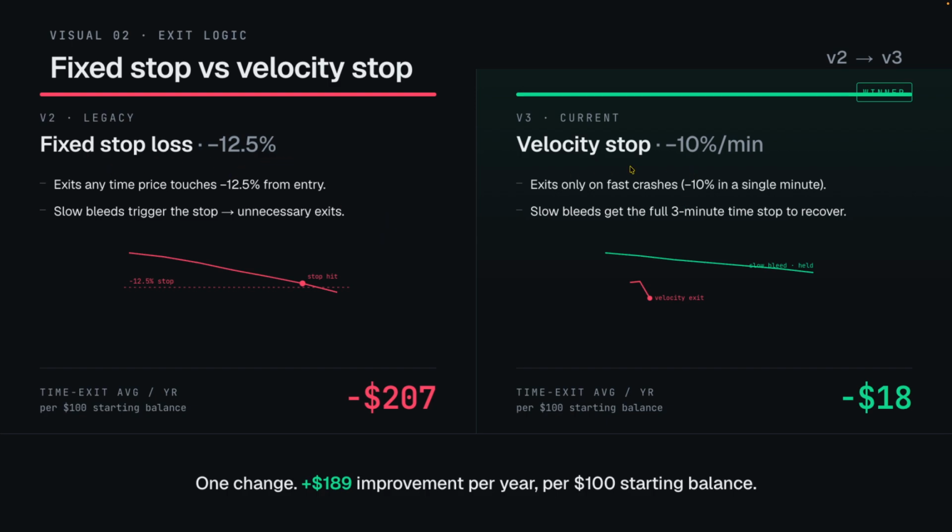want to have a stop loss that is based off of the velocity of how much QQQ has been moving, right? So I'm using ATR, and ATR is the average true range. And the reason we're using ATR is because now we can measure true velocity intraday, right? So we have it at negative 10%, so about 2.5% delta difference, and we're exiting faster, excuse me, and these slow bleeds get the full 3 minutes to recover rather than being